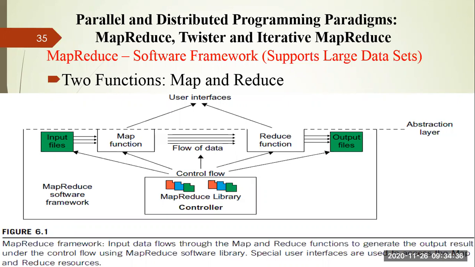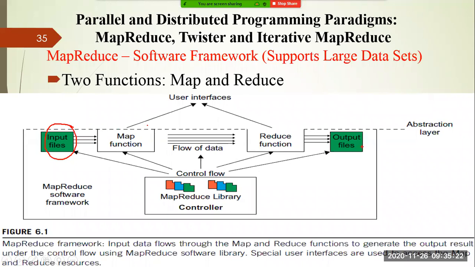Here you can see in the diagram, you are giving a set of input files to the map function. You are giving the work to the map function. One map function takes one input file and processes it. Then the data is transferred to your reduce function. Similarly, you have a set of reduce functions. One reduce function is dealing with one part. Then finally, they produce the output files. So here you can say input data flows through the map and reduce functions in order to get the output files.